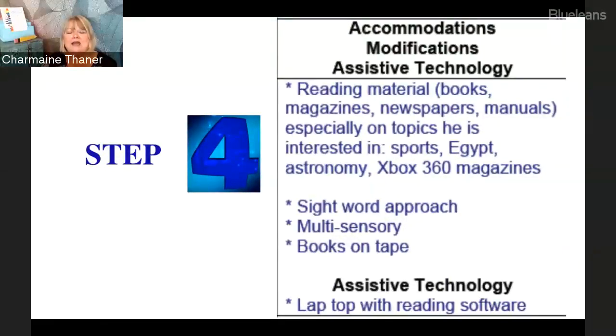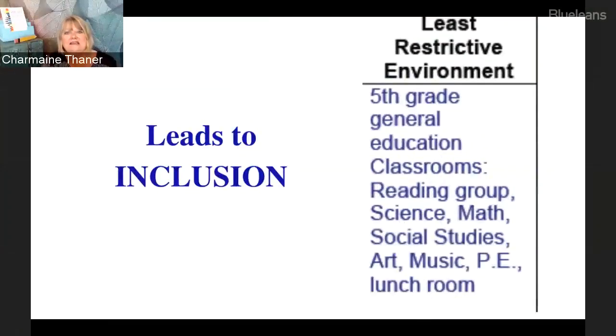So after we do step 1, which is writing your strengths, step 2, writing needs and making sure that you address why they need to be with typical peers. Step 3 is writing goals and what you're going to have in the goals as far as the setting. And step 4 is accommodations, modifications, assistive tech. And guess what? That leads to your case at the end of the meeting when you talk about the least